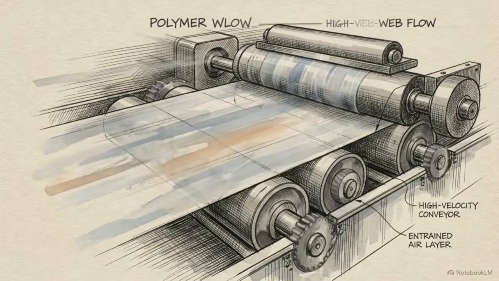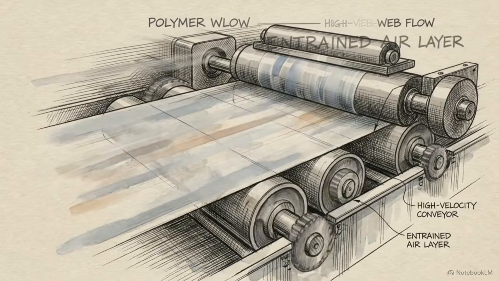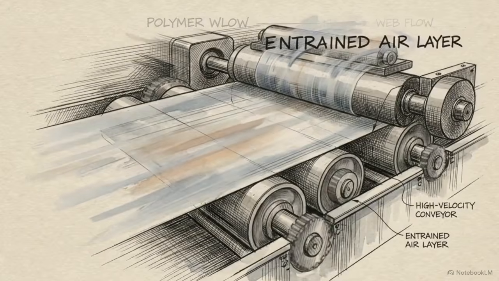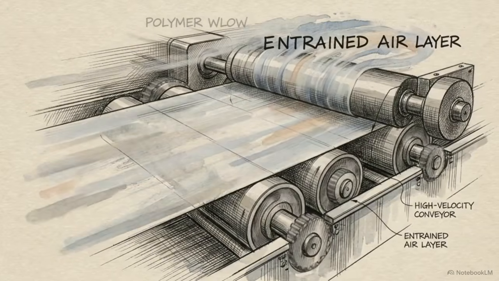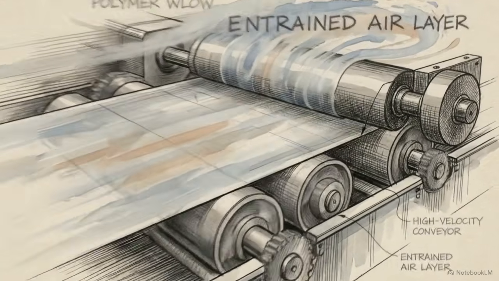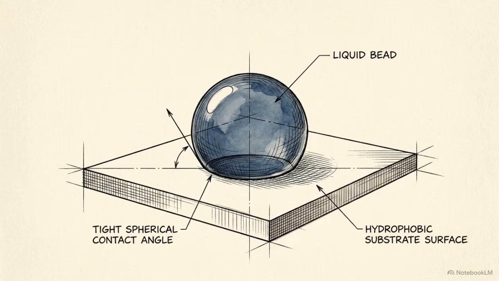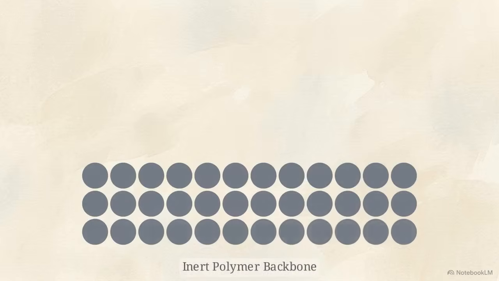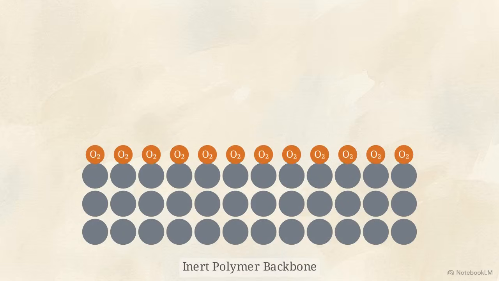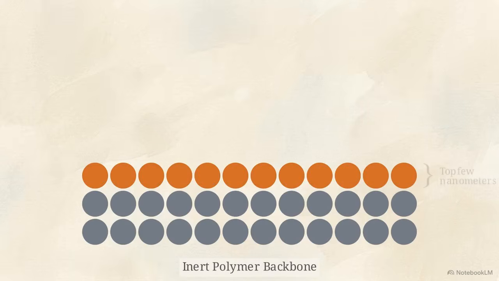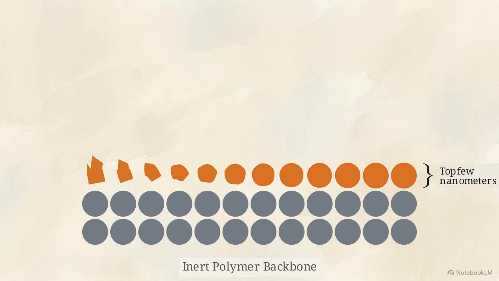Modern polymer manufacturing operates at speeds exceeding several hundred meters per minute. A material web passing under these lights offers only milliseconds for surface modification. To print on or bond to these chemically inert plastics, the surface must be activated. This requires creating polar functional groups, embedding oxygen-rich molecules into the top few nanometers of the substrate so adhesives have